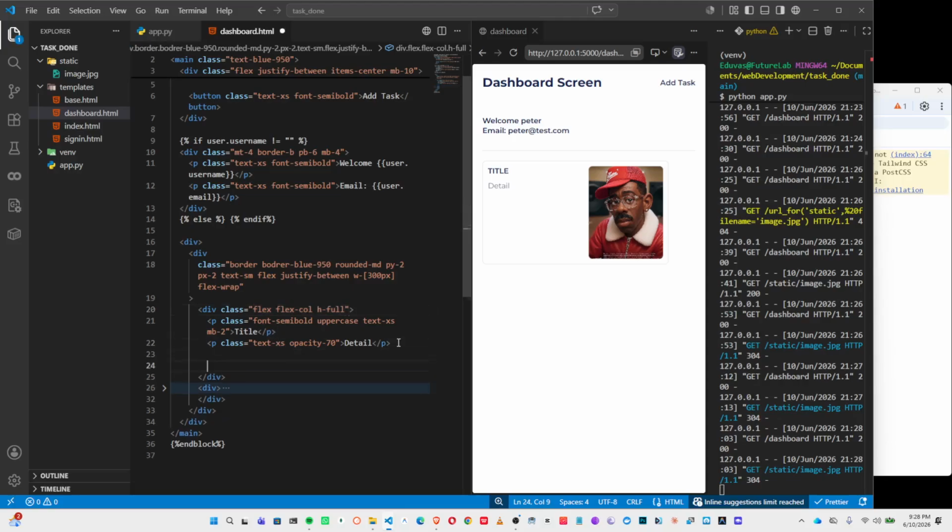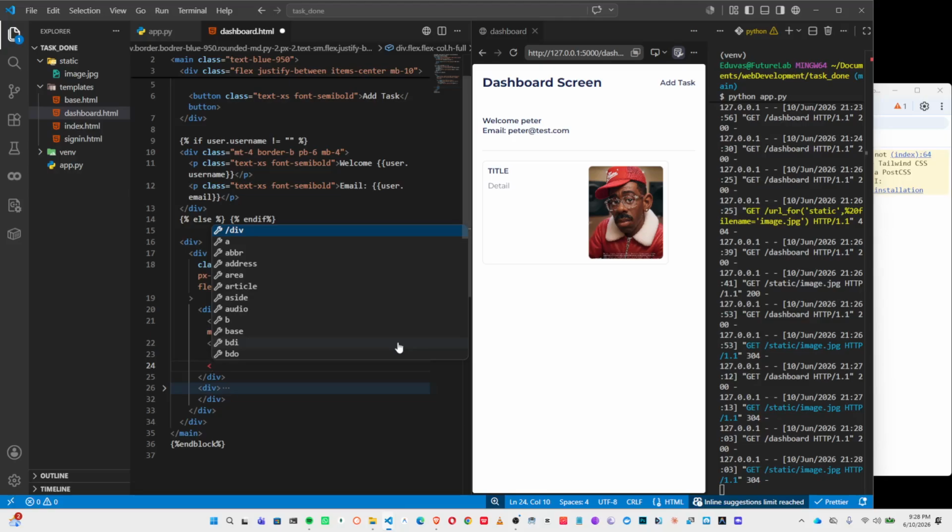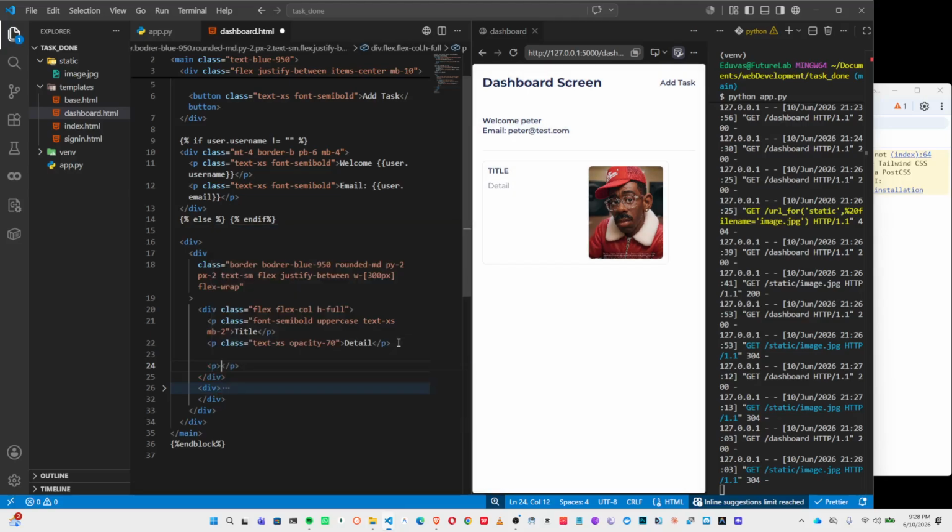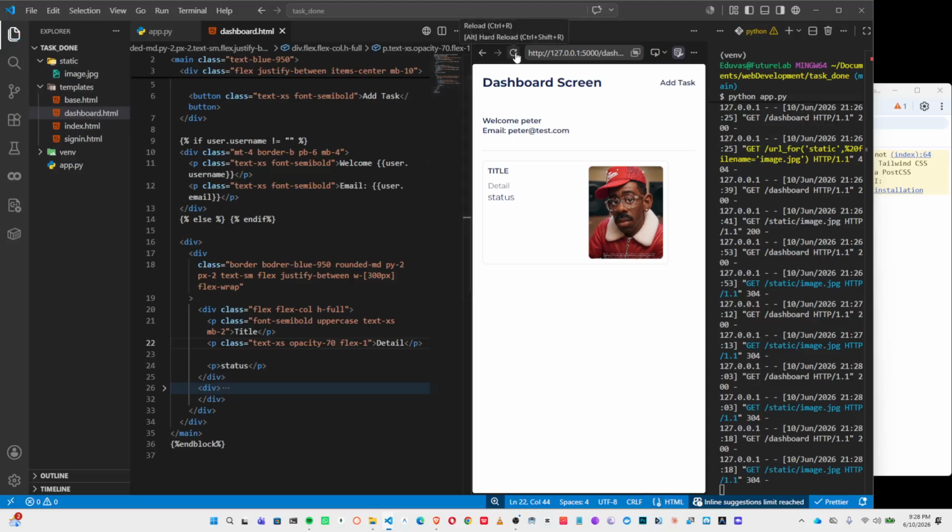So if I come down here and I do something like, let's say p, I would want here to be like the status. So here is going to take the status. If I save, we would see status here, but that's not where we would want it to be. So what I'll just do is to say, let's say flex one, right? So if I save and I refresh this,